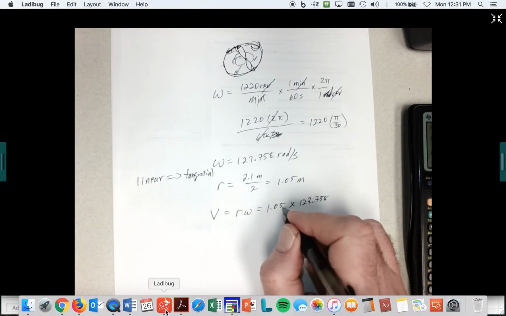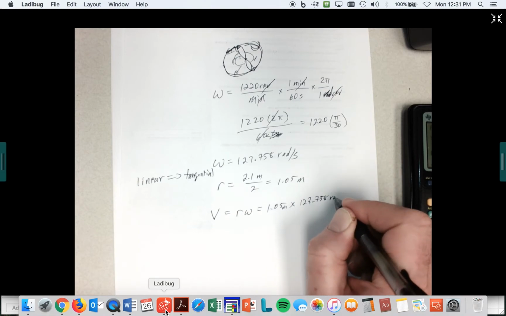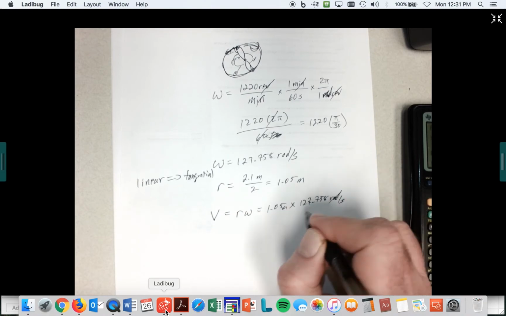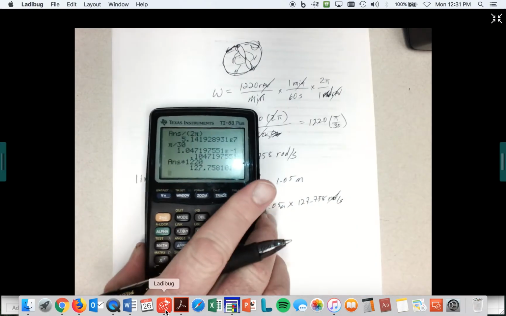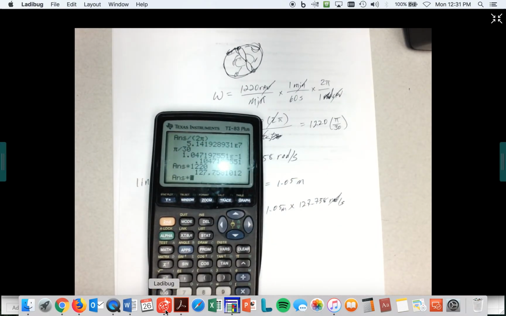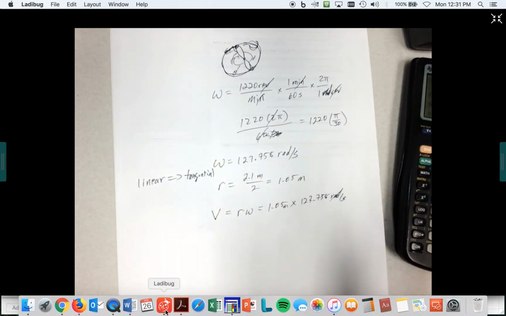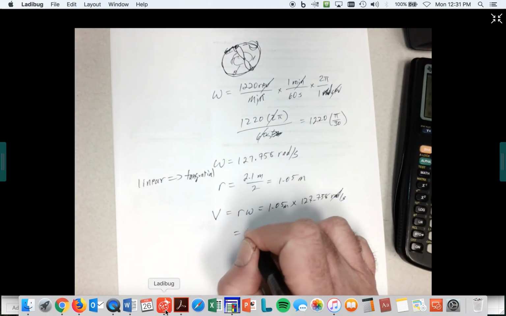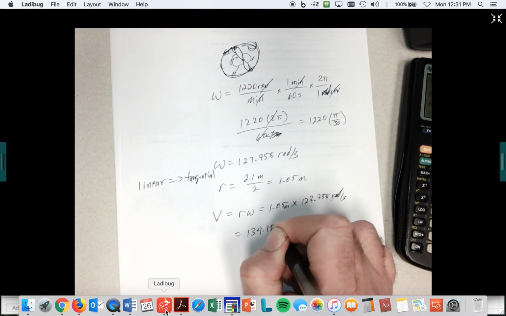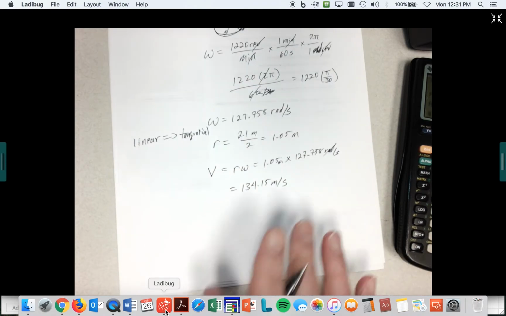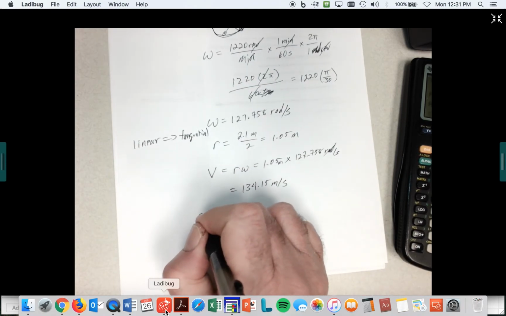Once again, this is meters times radians per second. Radians are unitless, so I've got meters per second. It's going to be close to the same thing, 134.15 meters per second. And the last thing they asked me,